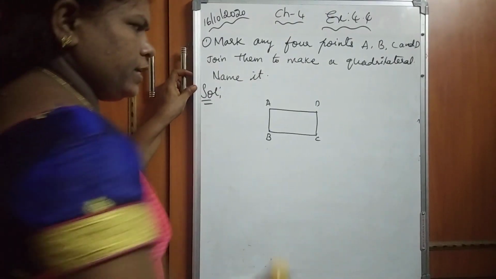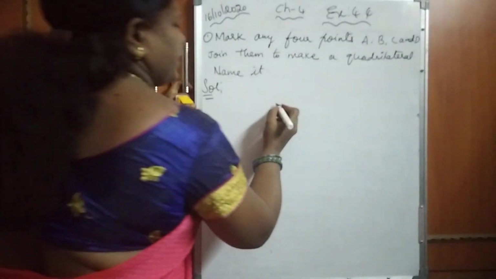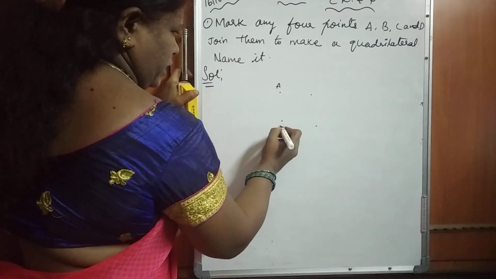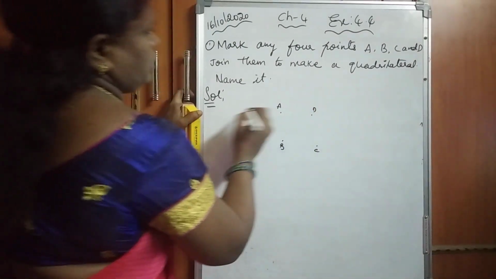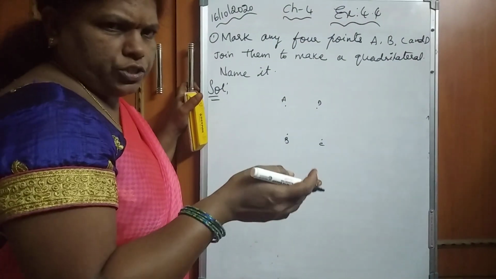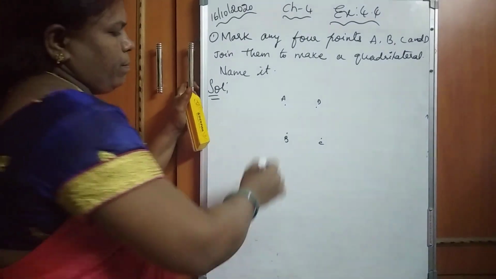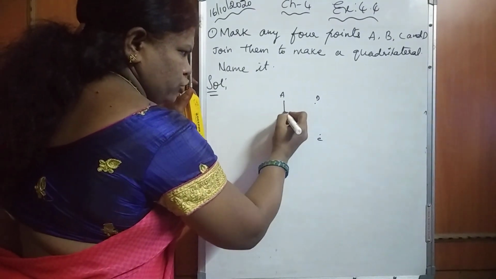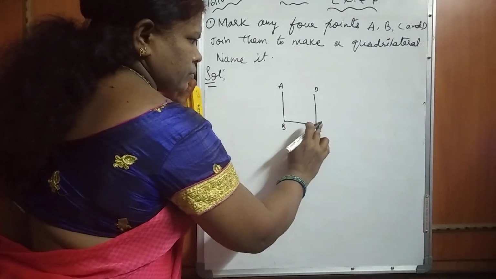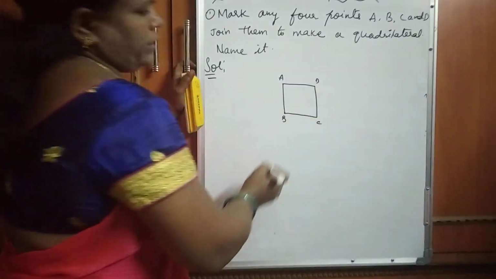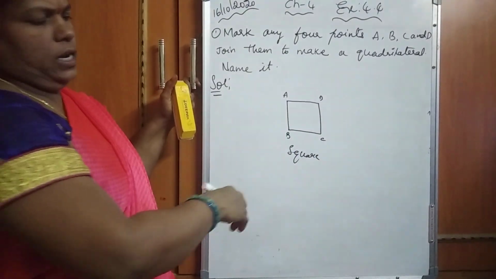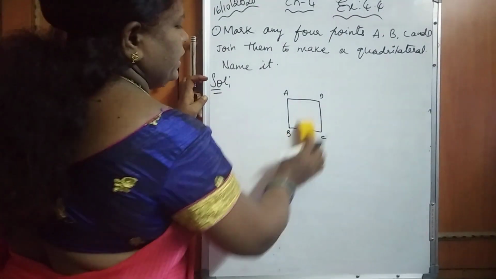Now if I mark in another manner, little bit closer. This is A, this is B, this is C. The question did not specify the points, how to place them. It's your wish how you will place it. Now, if I join in this figure, now I get a square. The last figure was rectangle. Now this is a square. You can place it any manner.